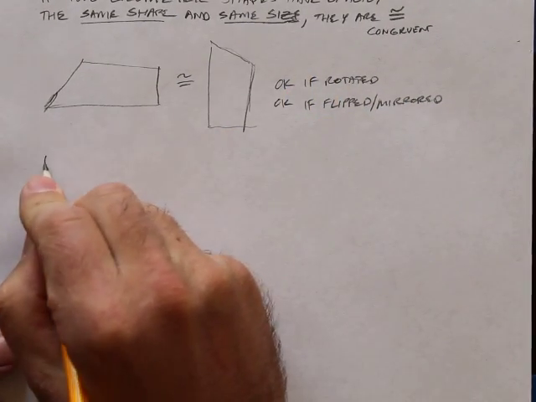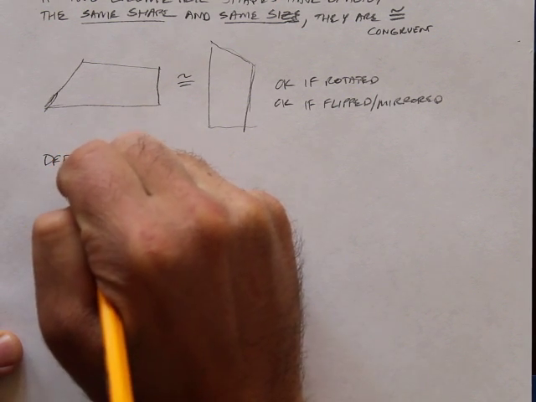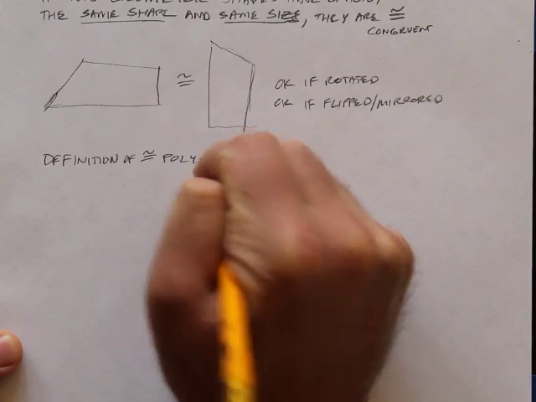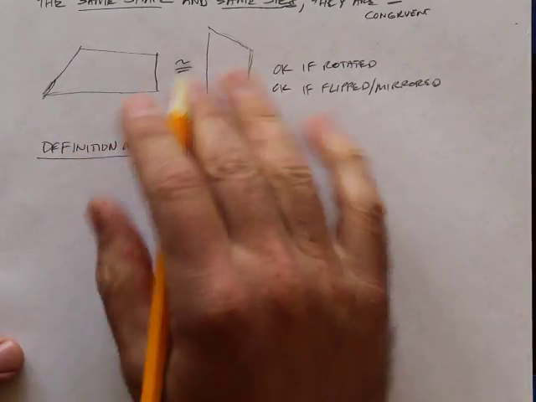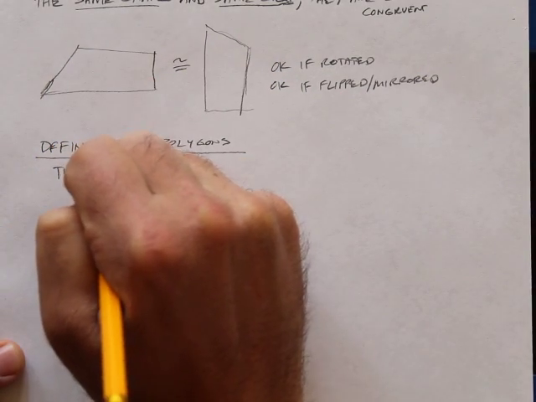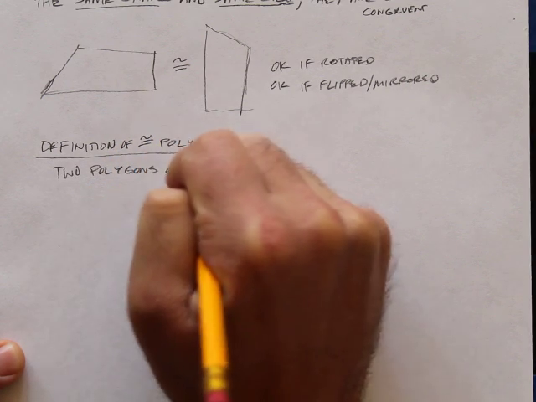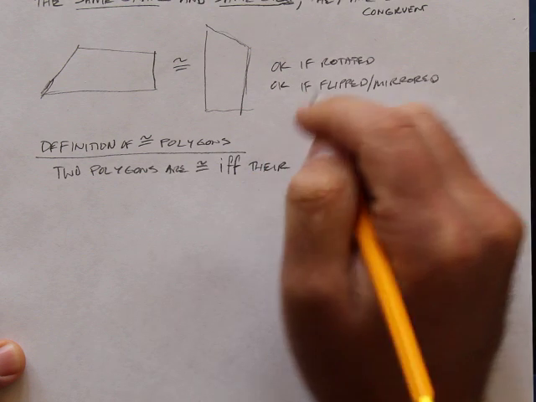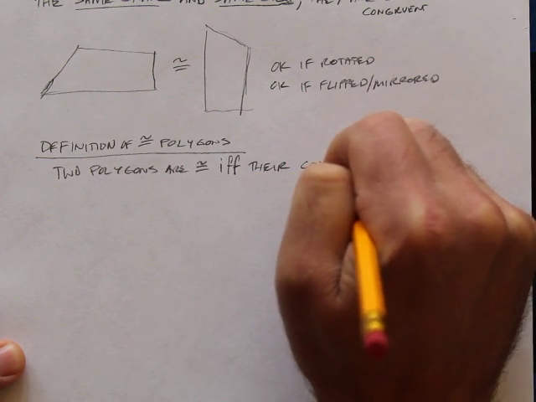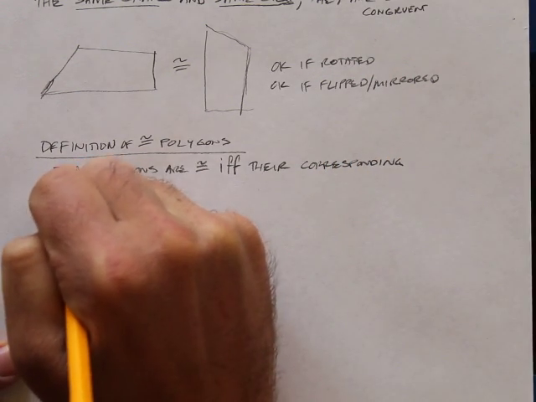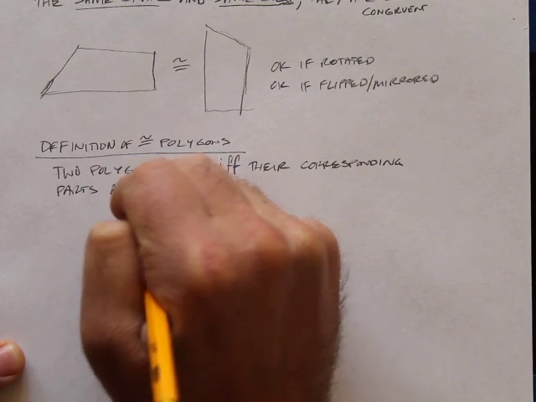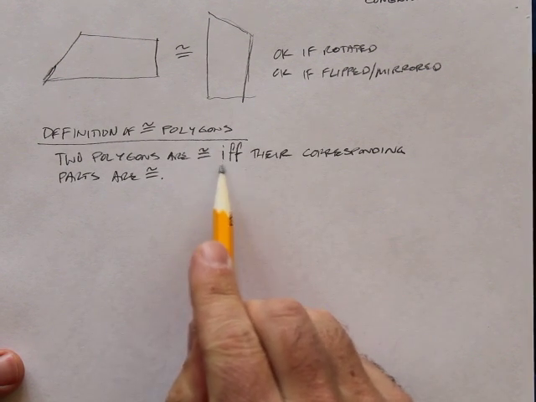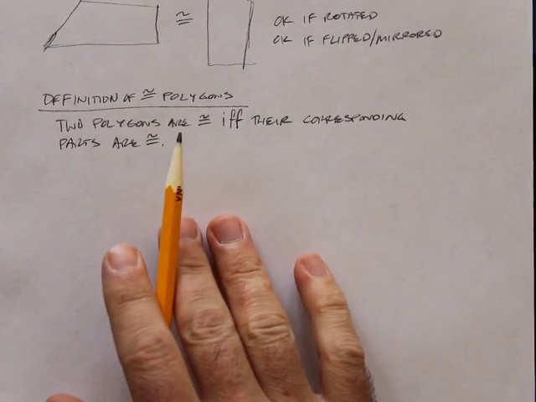Definition of congruent polygons. So two polygons are congruent if and only if their corresponding parts are congruent. So if I have two polygons, they are congruent if and only if their corresponding parts are congruent. So let's do,